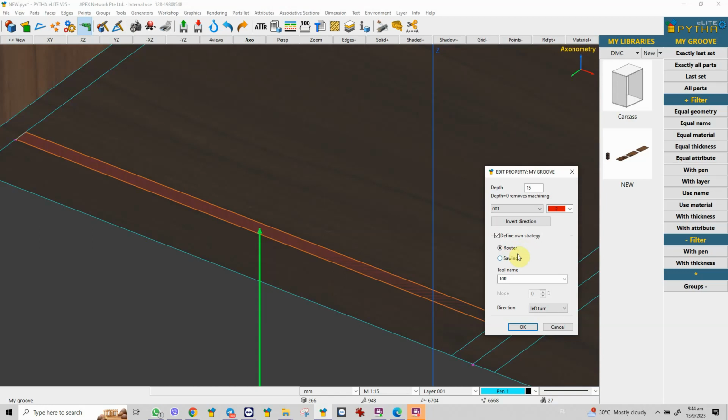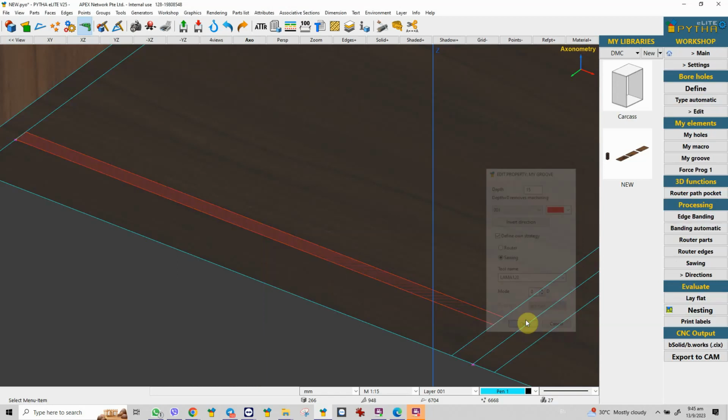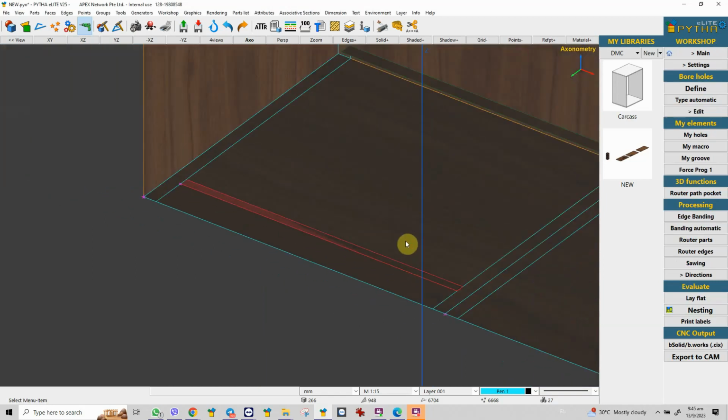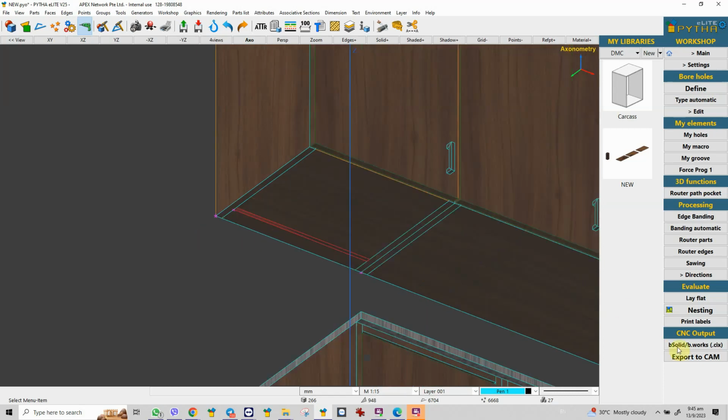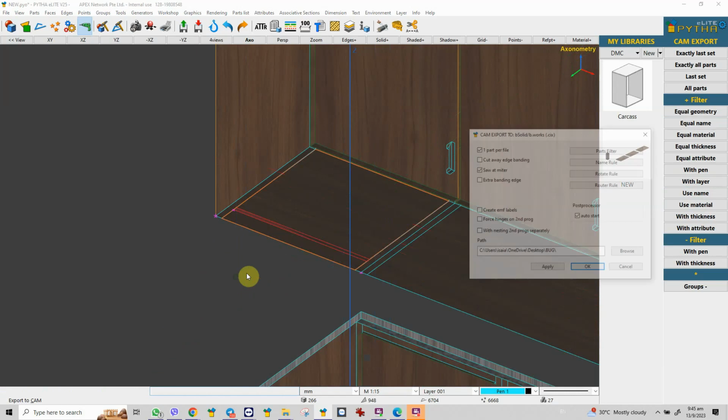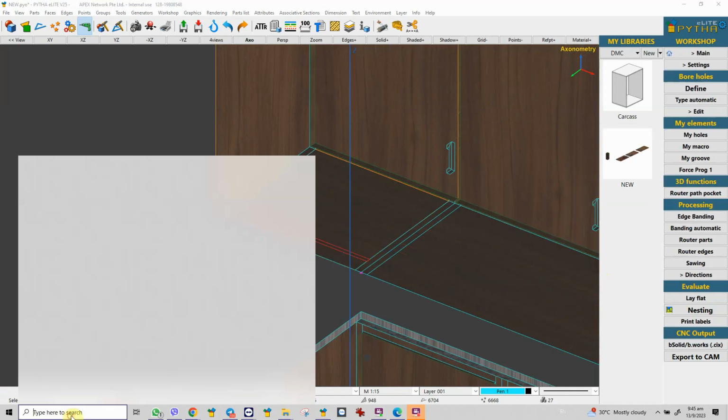You can choose whether you are using a router or saw. If you choose router, it will use your router, but I think for you it's better to do a saw for grooving. So we click on saw, and automatically you will choose llama 120. Then you can say okay. So this is how you can tell PHYTA where to put the grooving and what tool to use. If I do the export of this part straight away, and I open my B solid,